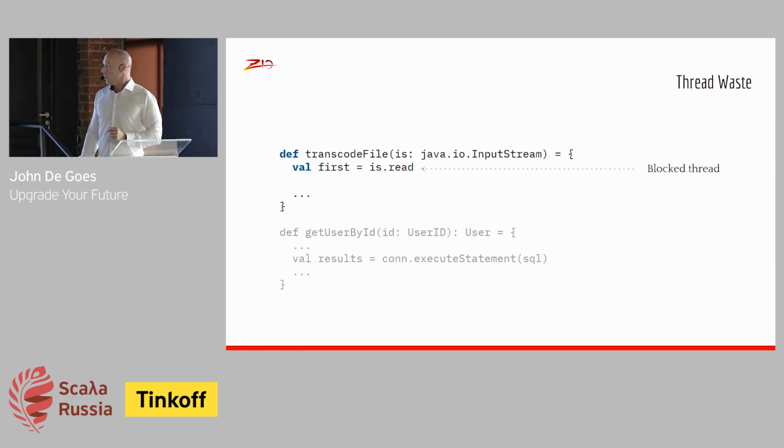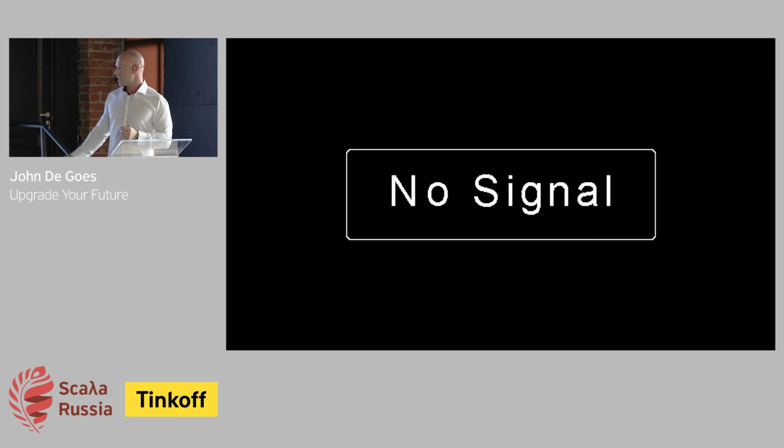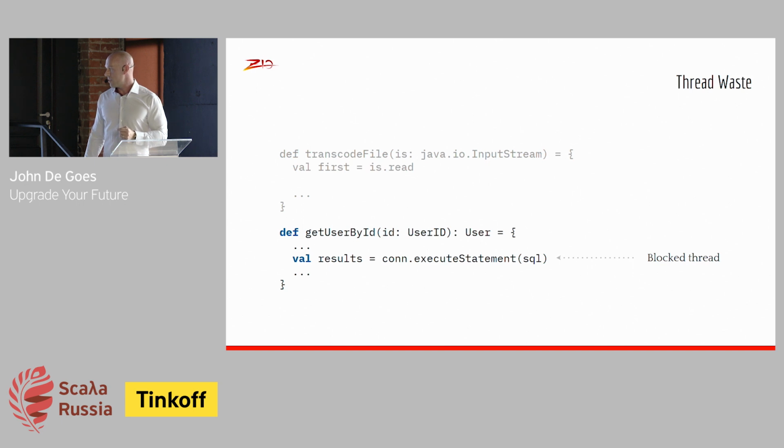We have a lot of code that looks like this in our Scala code bases and Java code bases. And the reason is actually legacy. Code like this, for example, the first line there sits around blocking the thread that calls the read function for an indefinite amount of time until the information has been read from the input stream. And this code down here, which executes a SQL query against a database, it too blocks. It just sits around waiting.